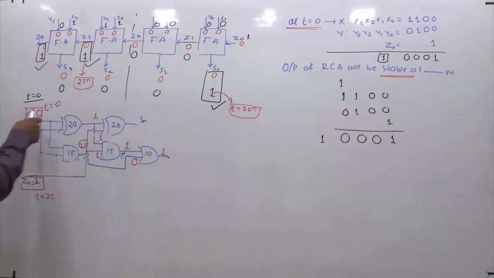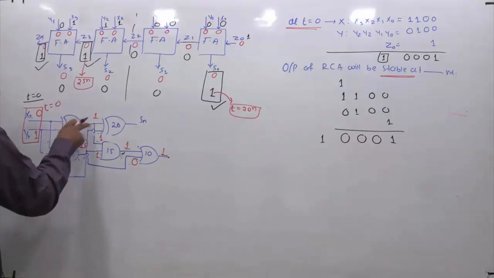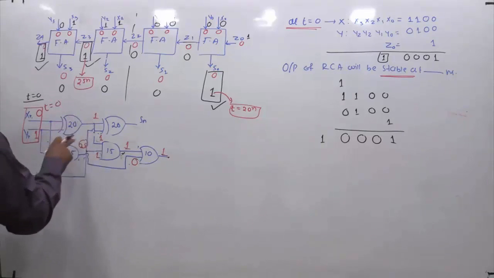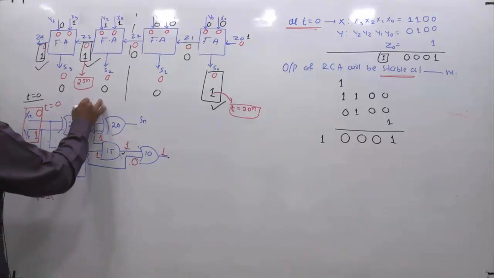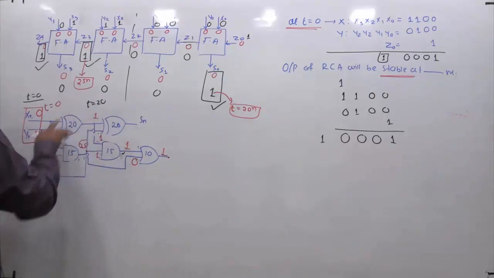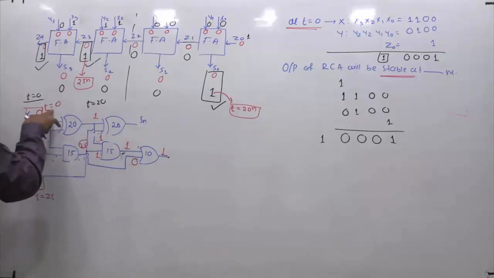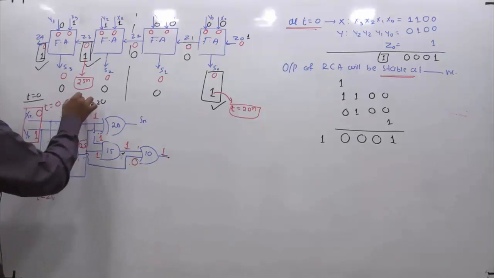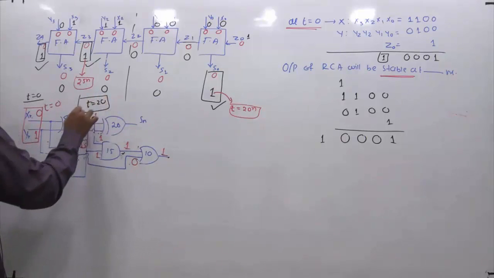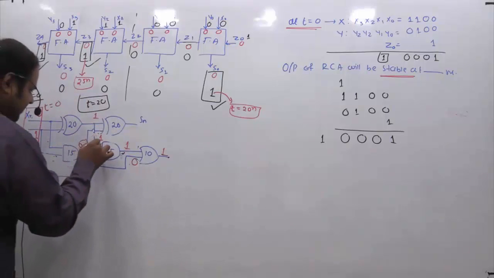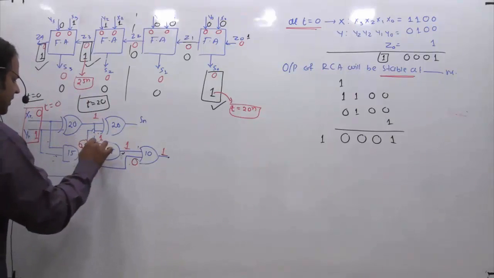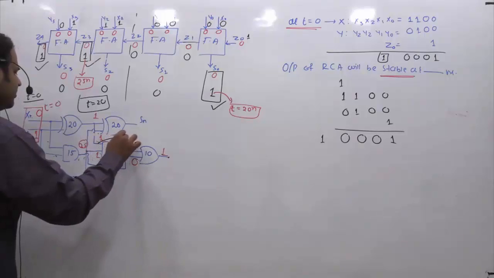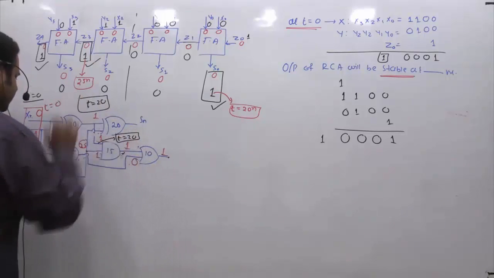Now let us analyze at what time you are going to get this 1, 0 whatever I said. Like I said, this is happening at t equals 0, and this happened at t equals 25. Now if I ask you at what time we are getting this 1, the answer is at t equals 20. Why? Because the inputs to this XOR gate are available at t equals 0 and its own delay is 20. So you are going to get this at t equals 20.